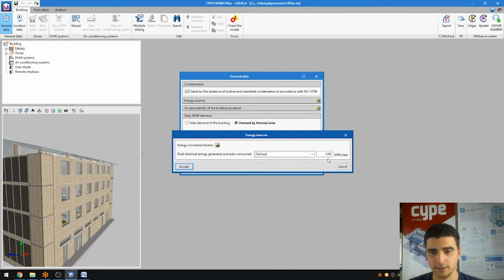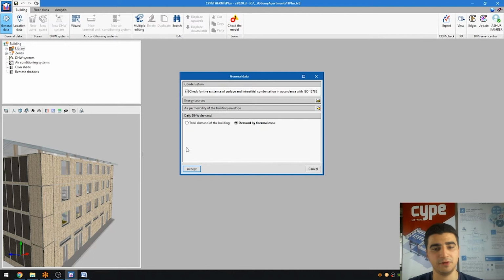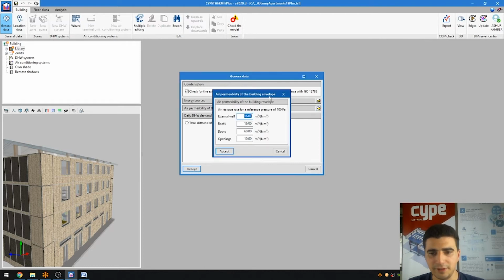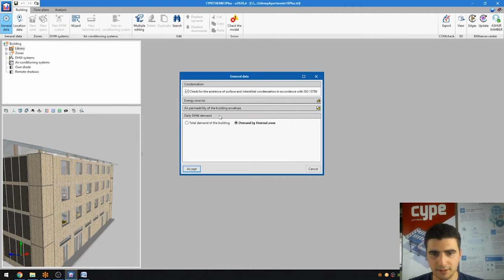Or we can choose a certain definition that we'd like the design to adhere to. Air permeability of the building envelope as well. We can also define the leakage rates here. I'm not going to play around with that. I'm going to leave it as standard. And also the daily